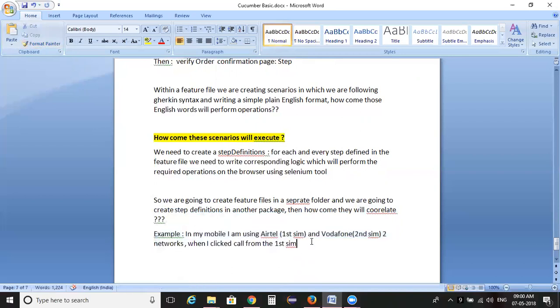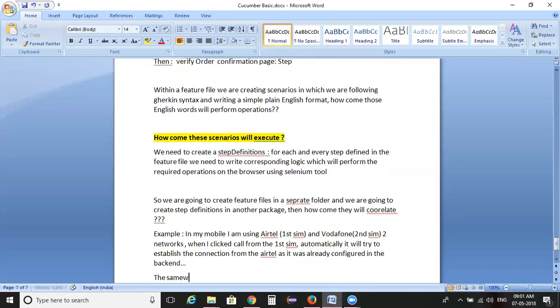So when I click on a call from the first SIM, automatically it will try to establish the connection from Airtel, as it was already configured in the backend, right? So the simple point is that action was already defined. Whenever you click on SIM 1, go to the network Airtel and connect from there. We have already established that particular relation. So